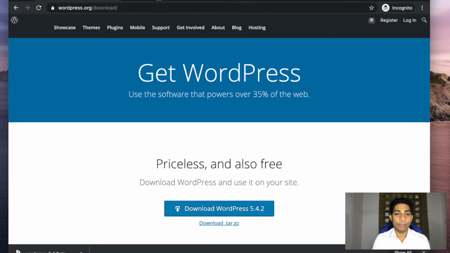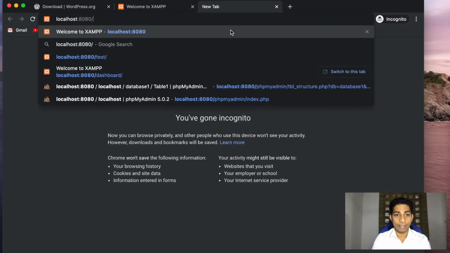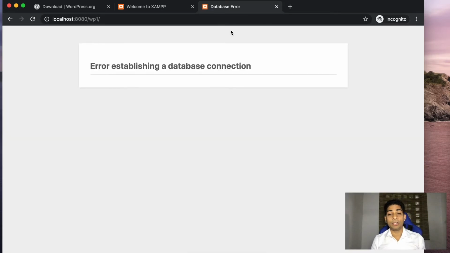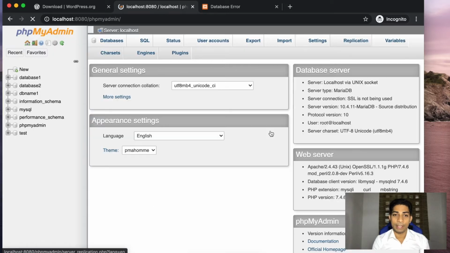But if we go to the localhost now, localhost 8080 slash, in which folder I have installed WordPress, which is wp1. It says error establishing a database connection because we didn't give any actual database details in the wp-config.php. So all we have to do now is create a database and then add the database access details to the wp-config.php. Go back to your localhost dashboard, click on phpMyAdmin,